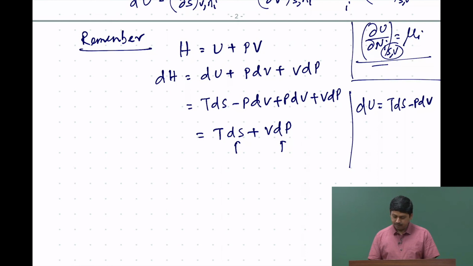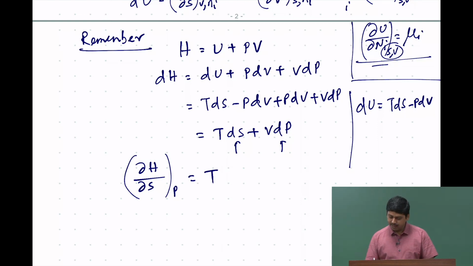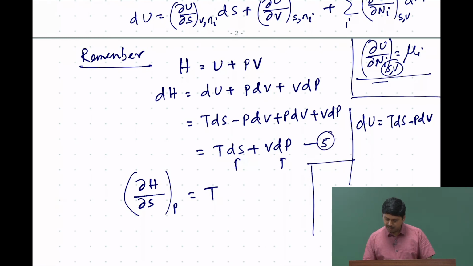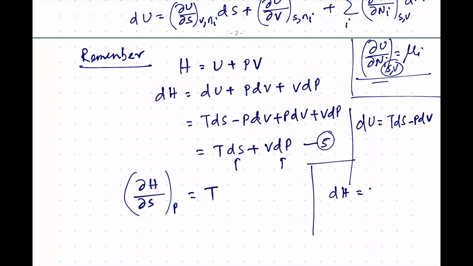So, from here itself we can write, okay, we are omitting the changes in number of particles from now onwards, we can write del H by del S at constant P is T. So, how did I do that? What I did here, I will just write it here. From this equation, we have gone up to 4, we can call it 5. The way we did it is that we have dH is equal to T dS plus V dP. We divided both sides by dS,